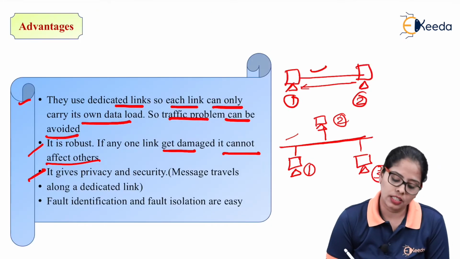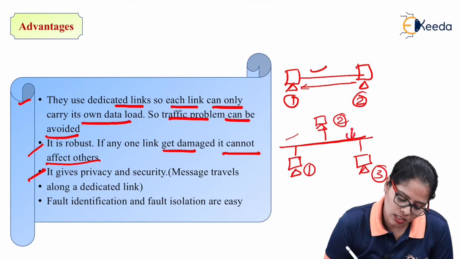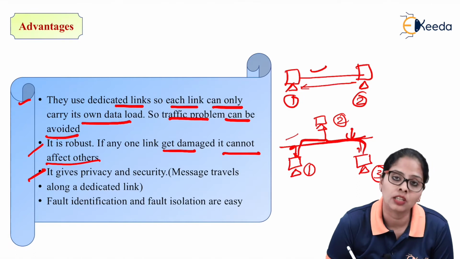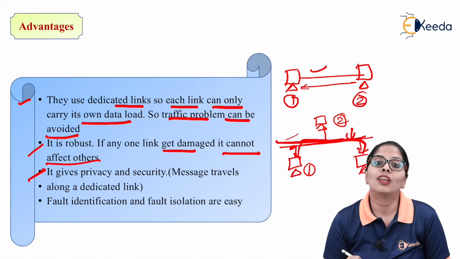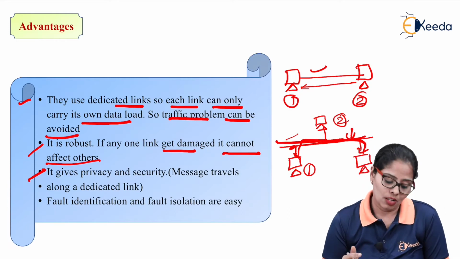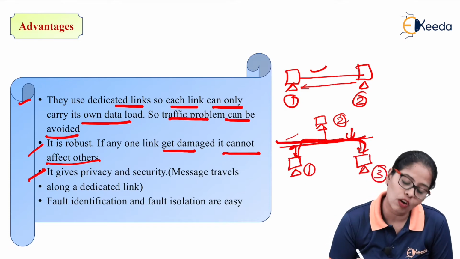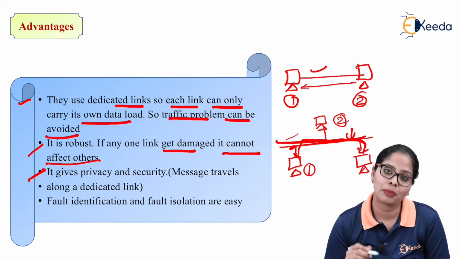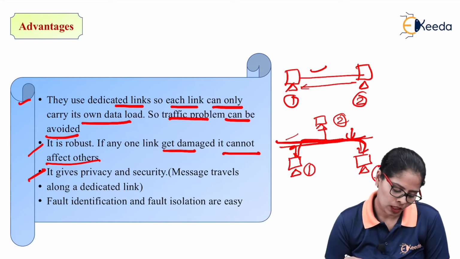But when you consider the shared resource, all your packets will transfer to this computer also, meaning in the shared resource, all the computers know where the packets are going. So here you will not get that privacy. Here, because of the dedicated link, we get the privacy. So that is one important advantage of this topology.